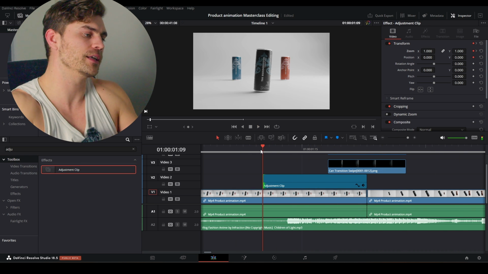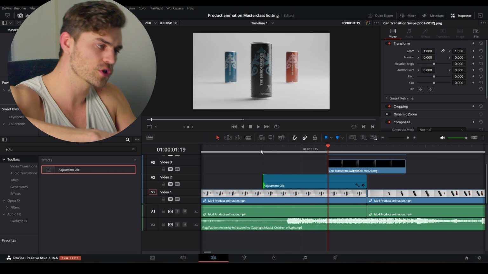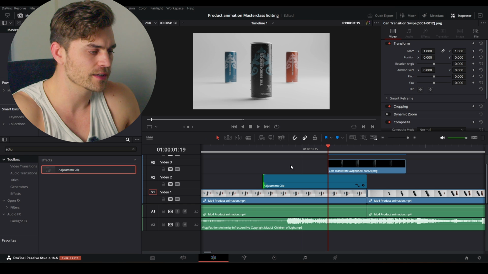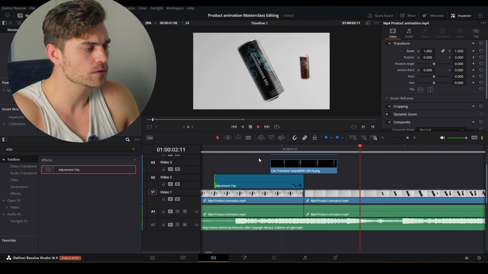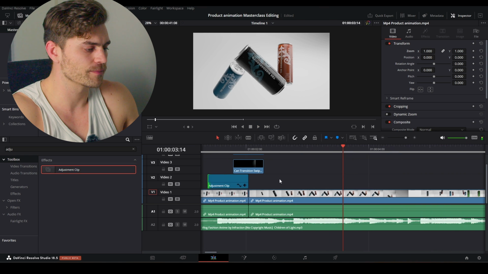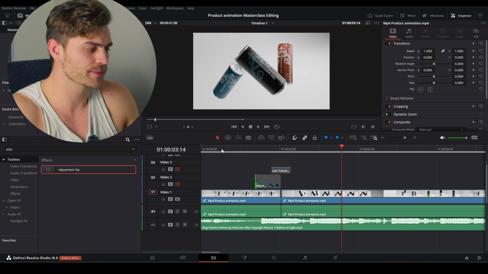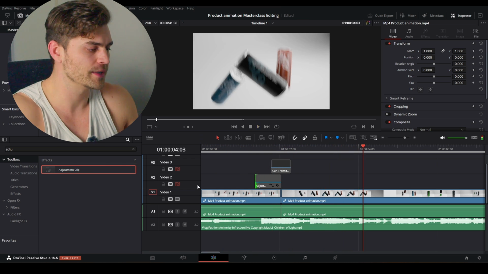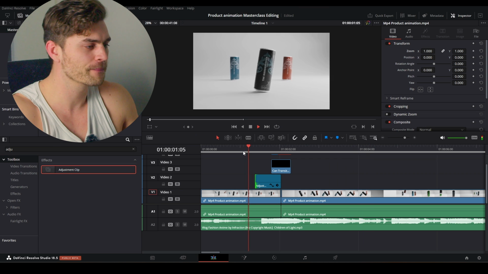Yeah, so then when the zoom in ends, the can is also back in its place and it's right on the ground. And that's why I'm going for this type, where on the beat something of action happens. Already looks a lot better than what we had before, so consider this. Without the swipe transition and the adjustment layer, it looks like this. I mean, it's not bad because the renders are pretty cool, but just a little bit more.